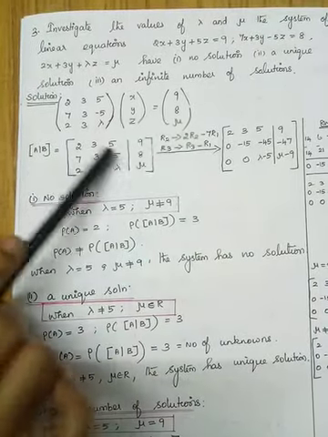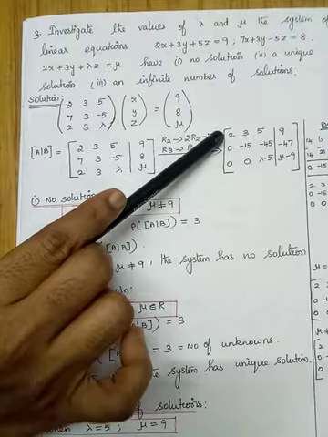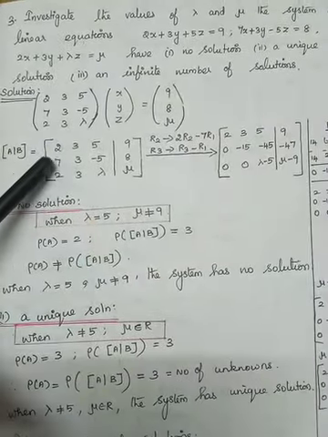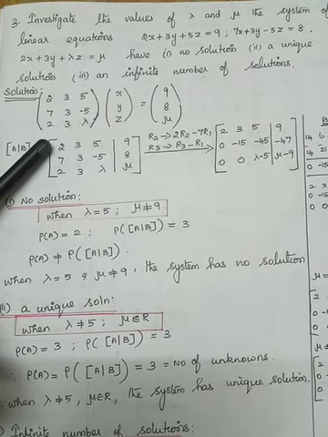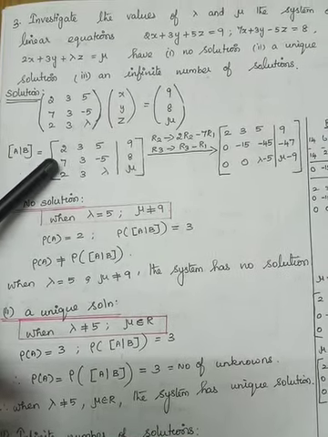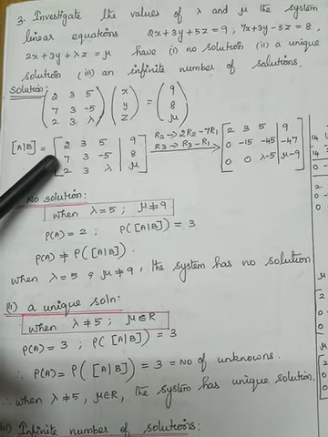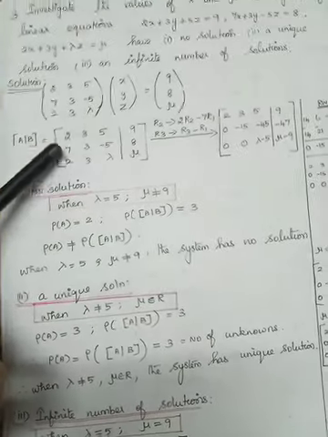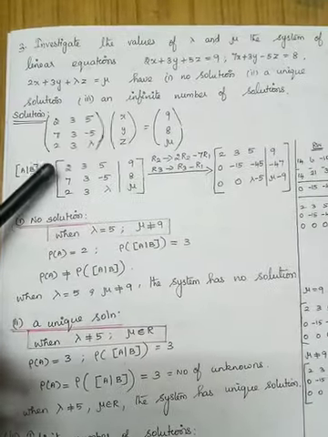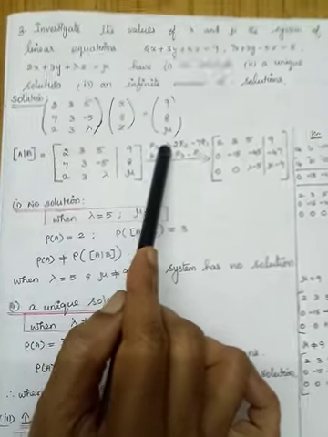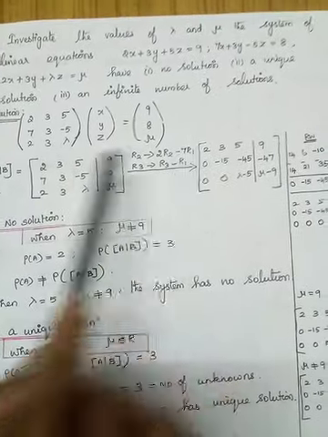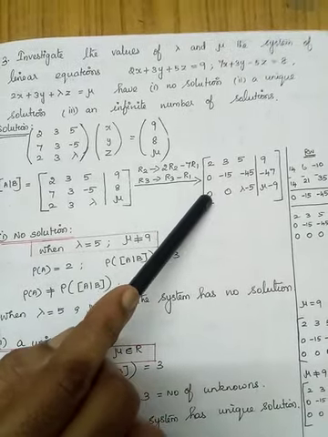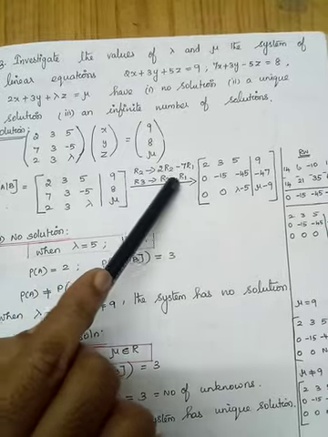Okay, so here there is no 1, so I just kept the first element as 2. To bring this into echelon form, we have to make these two elements 0. Here you have 7, here you have 2. So R2 has to be transformed, and we have to make these two elements the same. So the 7 has to be multiplied by 2 and this 2 has to be multiplied by 7. So I have used the transformation R2 → 2R2 − 7R1. You look at this, here also 2, here also 2. When you subtract, you will get the element 0. So I have used R3 → R3 − R1.